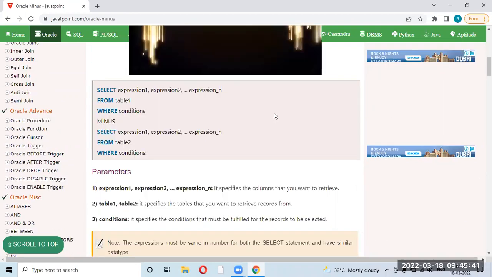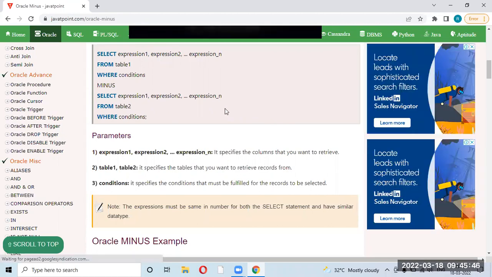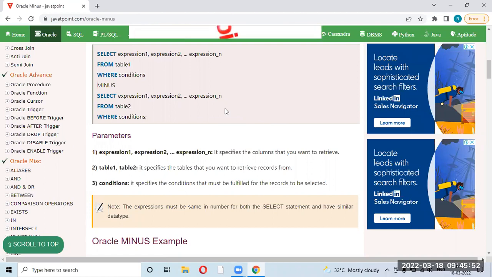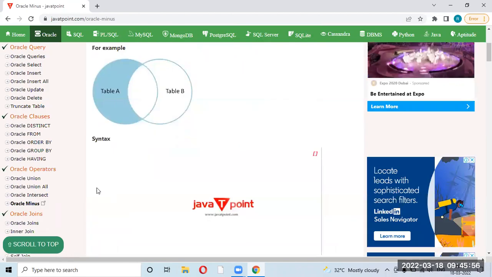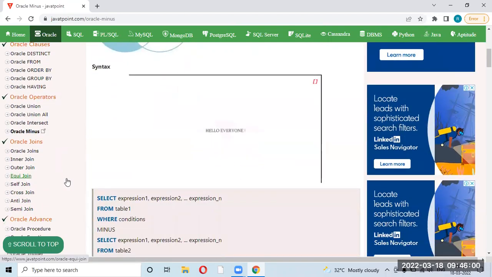The names were different, but the query didn't fail, because both were numeric data types, so we didn't have any issue. So this was about the set operators, and we have already discussed a lot. Any other doubt apart from this high level revision?